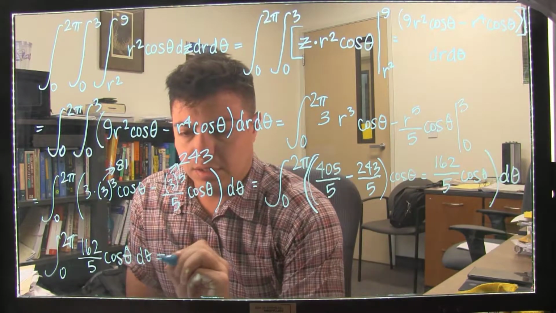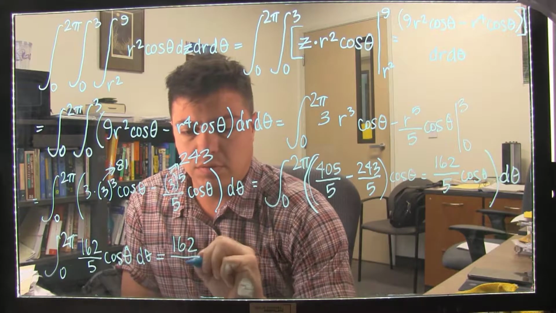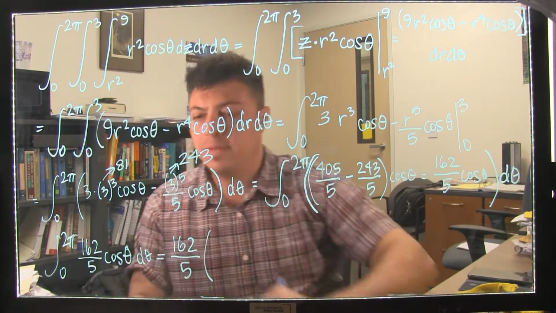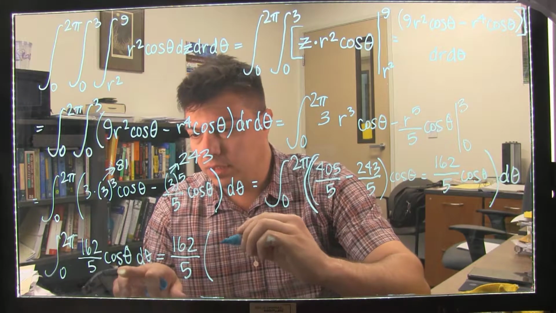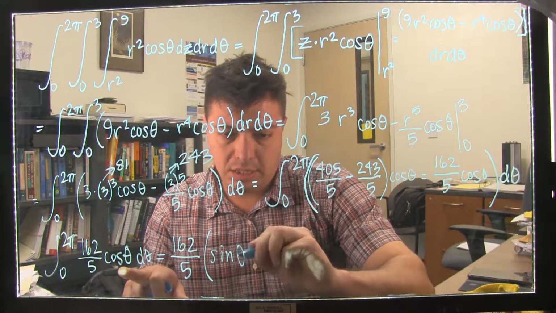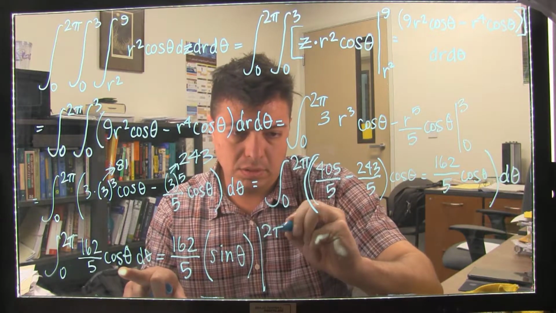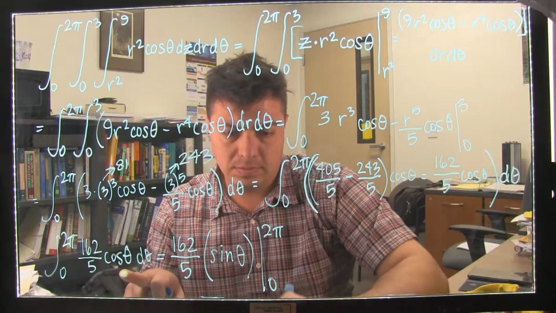Okay, integrate that, it equals 162 over 5, we'll pull that constant out. Integrate cosine theta, sine theta, between 2 pi and 0